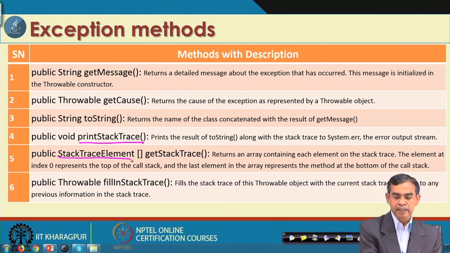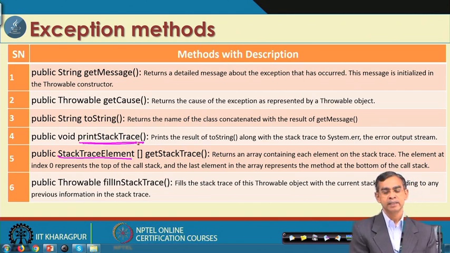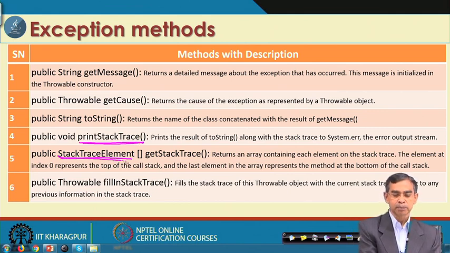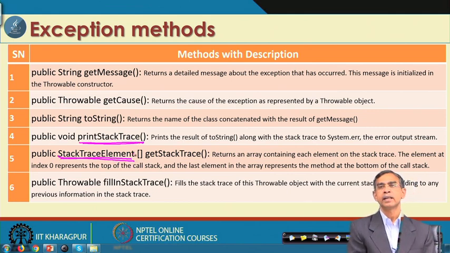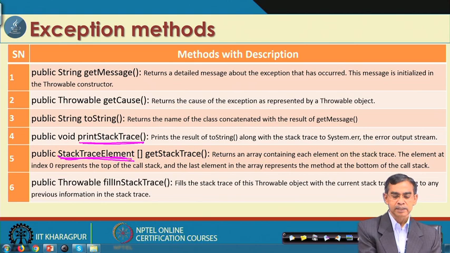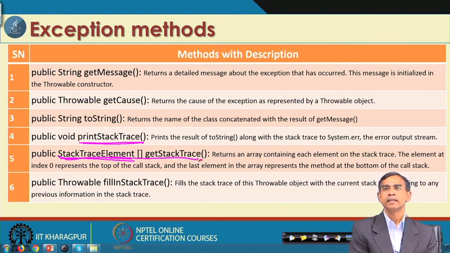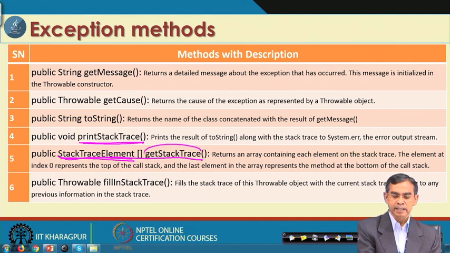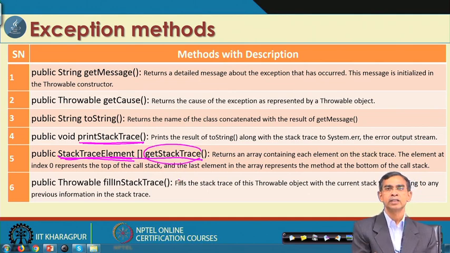Then StackTraceElement, it is basically an advanced version of this one. If multiple errors occur, then it basically puts them into the stack. Suppose you are writing a recursive program, and multiple exceptions occur at different points. Then it will push all the exceptions into a stack, and that is basically the idea. And then finally, it will use this one. So, this getStackTrace basically catches all the exceptions that may happen in a method, and it will push them into a stack.